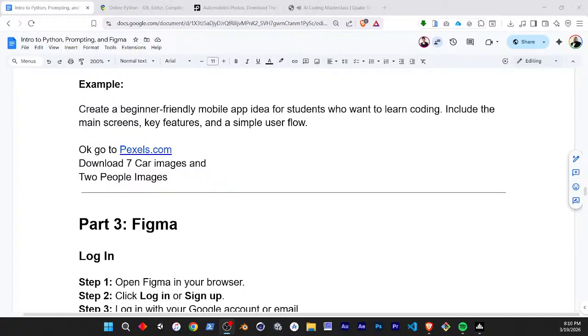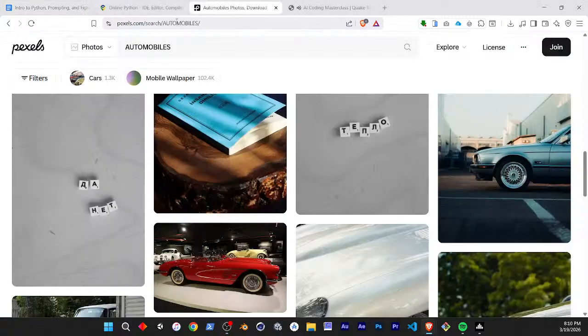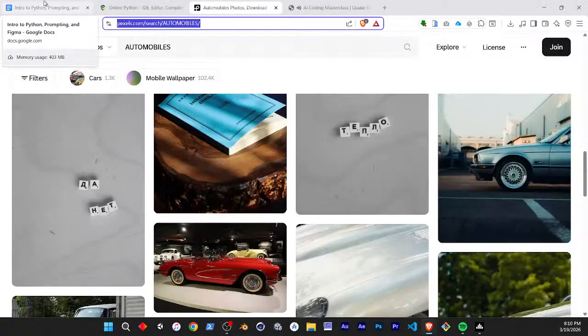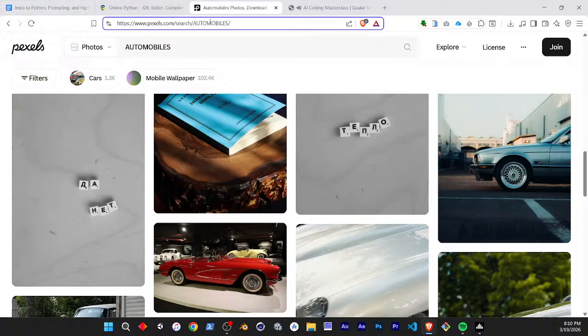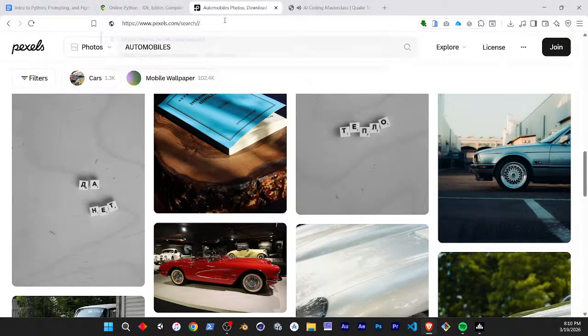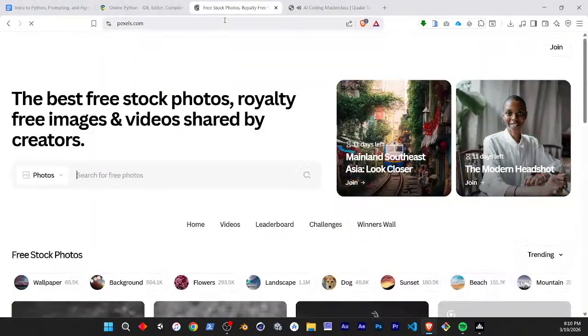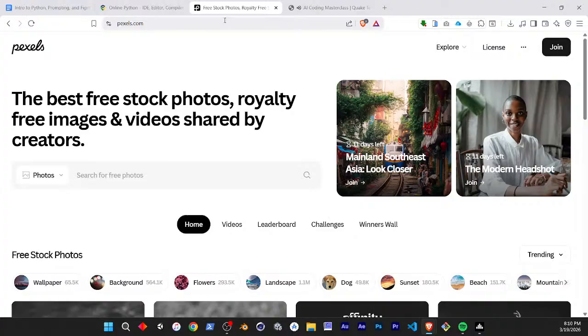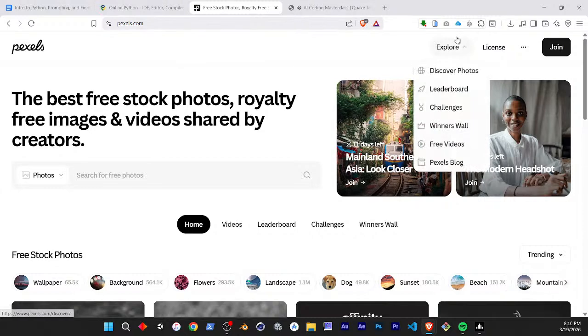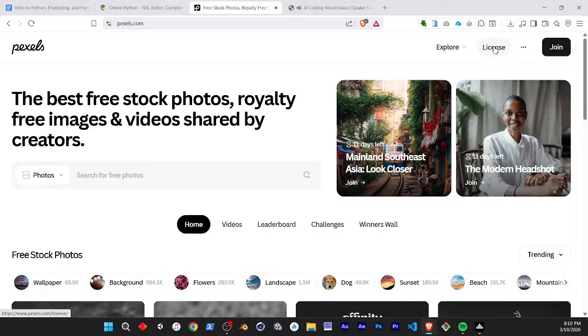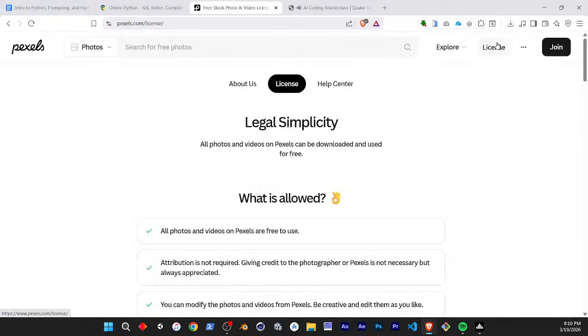So when you go to Pexels, PEXELS.com, all you have to do is like or subscribe to artists that you really like and use their images. Now you can take those images and use them on your website, your mobile app, or whatever project you're working on. If we click on their license,